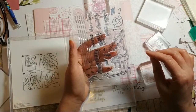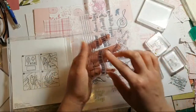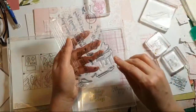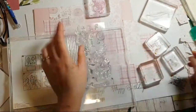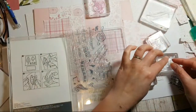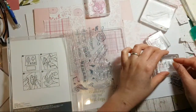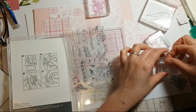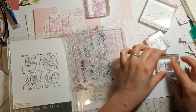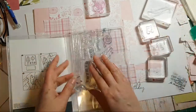What do I want? The keyboard. Try that for now. Oh, there's some more notes. If I just put these notes together, because I don't really want to stamp those individually. Try to make sure that they're similar. Right, and then